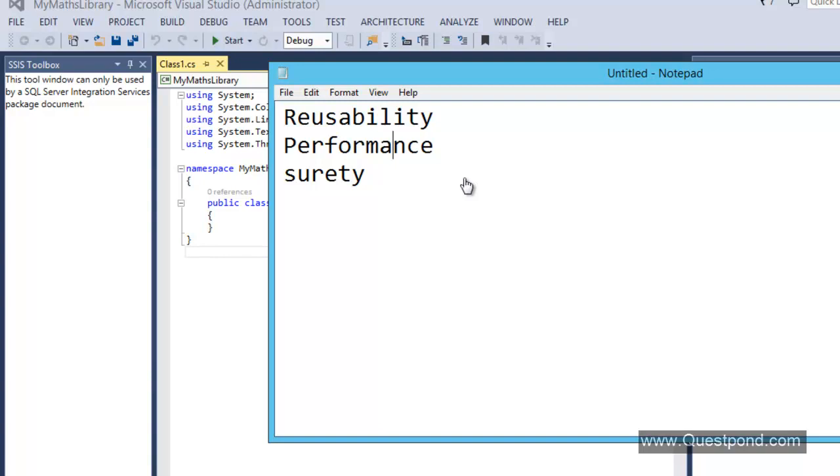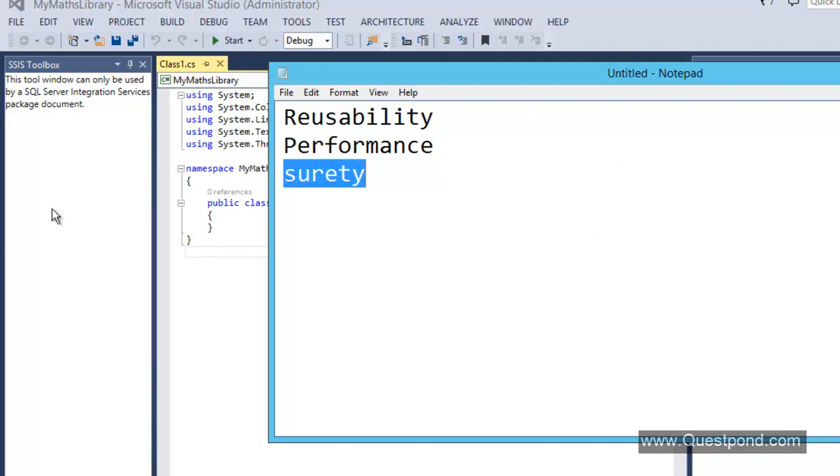And testing reusability improves the overall performance of our application development. In application development, every time we change something, we'll simply go and reuse the earlier written testing logic and confirm that our application is working fine. Now the last one is surety. In the unit testing approach, we will be more sure about our application working, because in this approach we will test every unit, every logical block of our application in an isolated manner. So this is why we do unit testing.